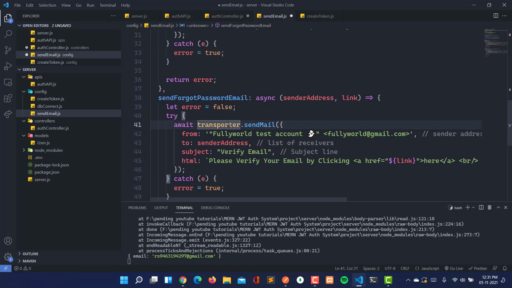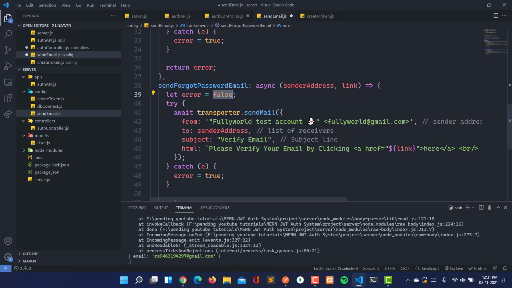Actually, I'm going to use Ethereal only, and error is false by default. Then the transporter we are going to send from the Ethereal test account, and here will be the sender address. Instead of the link we are going to send nothing here. So instead of verify email it will be reset password.